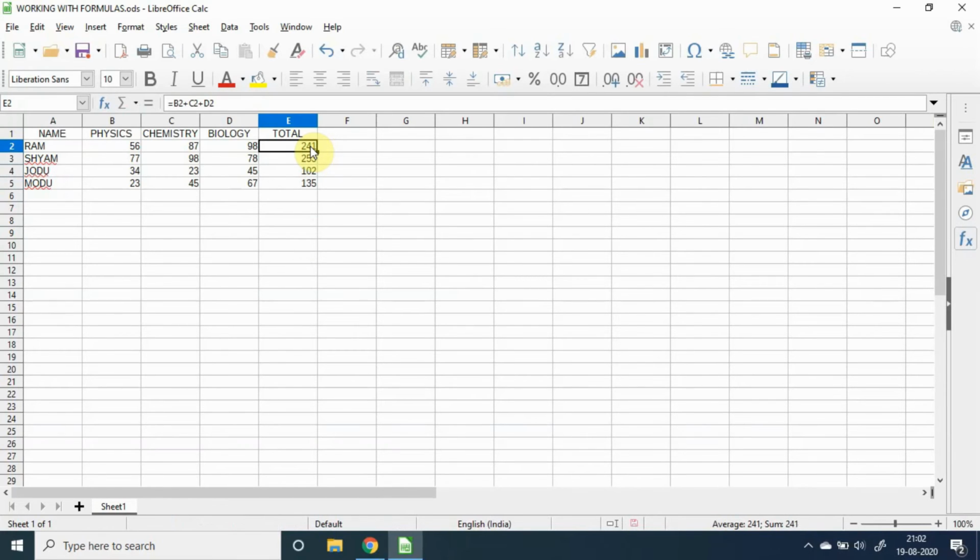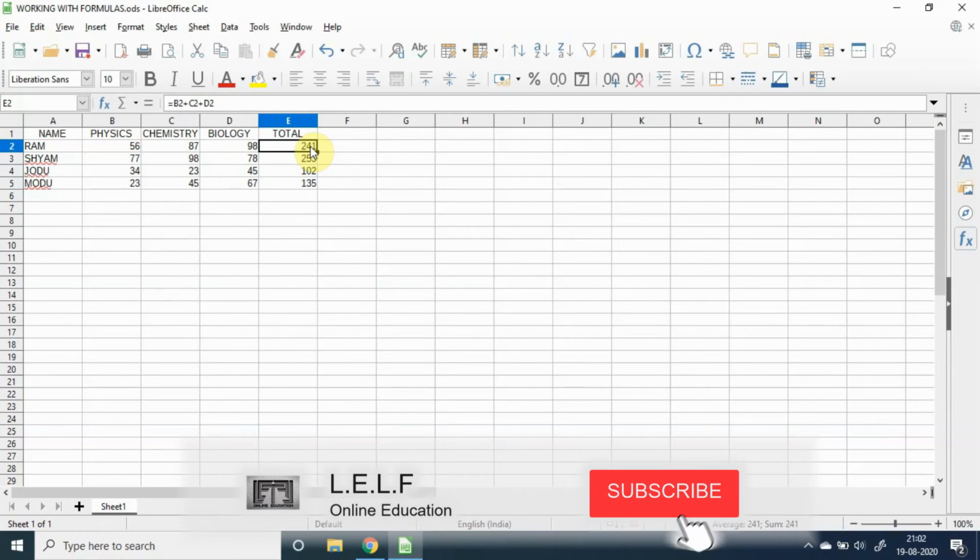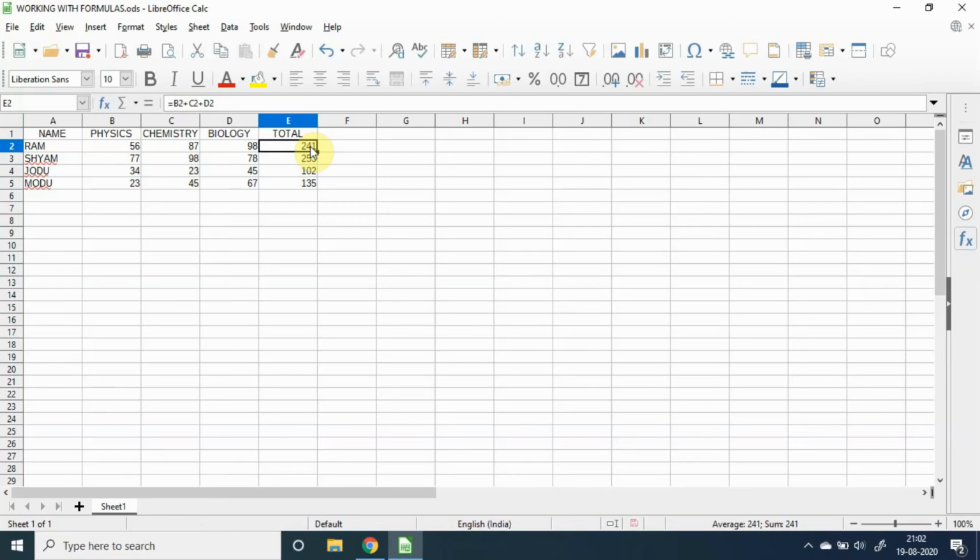Now let us learn something about cell referencing. Here, as you can see, when we have copied the formulas in the other cells, the formula is copied but the cell addresses have changed.